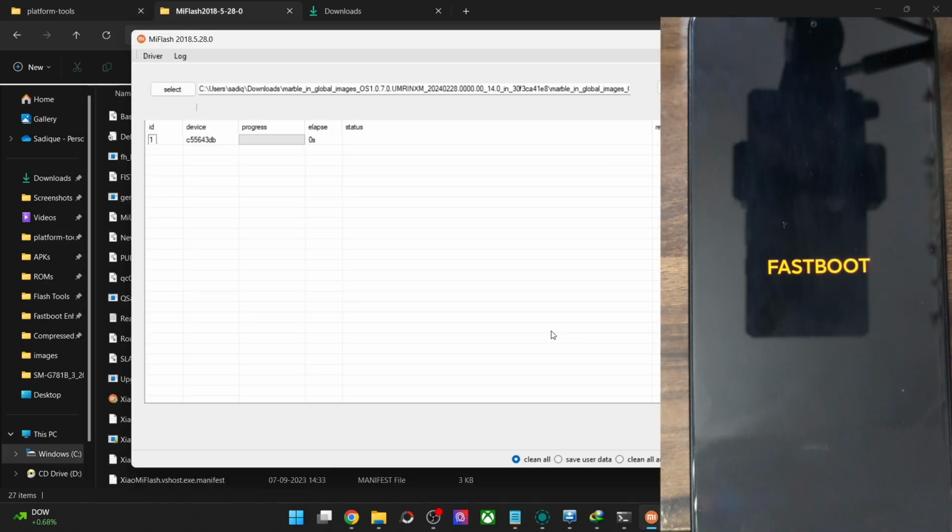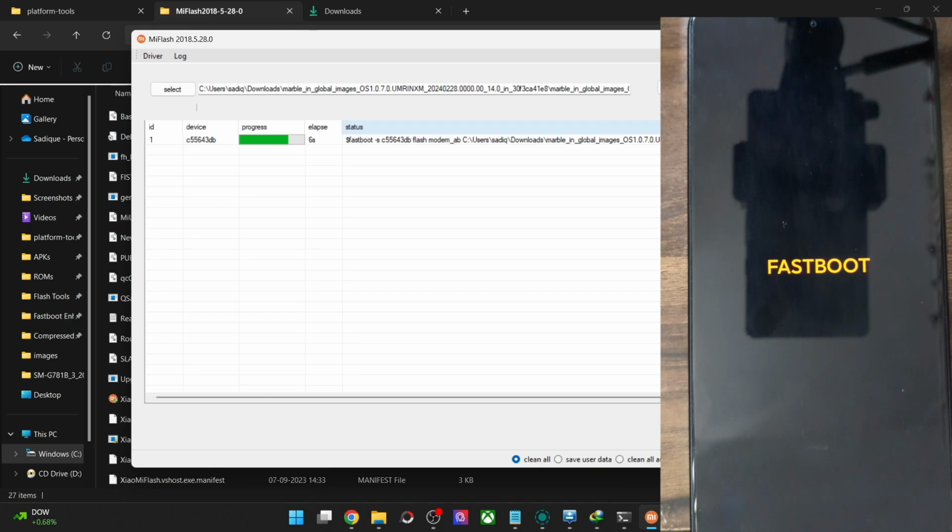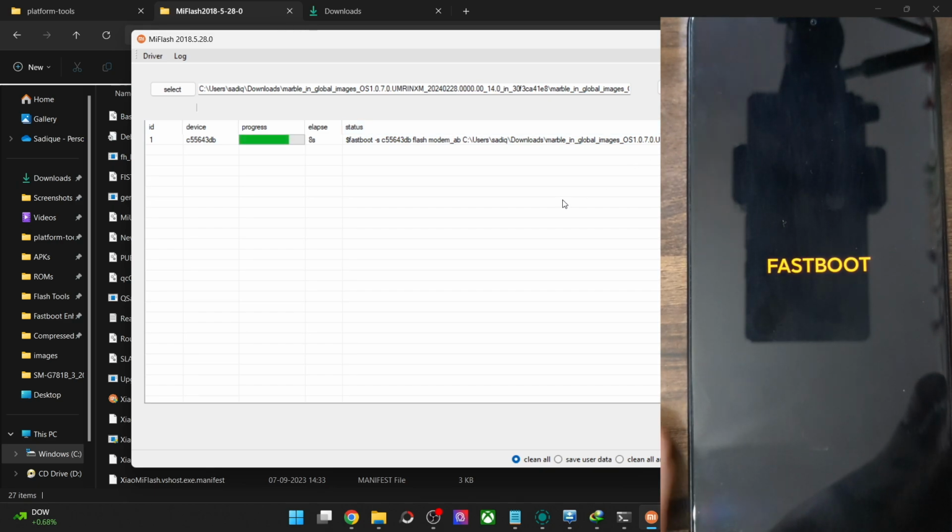So guys, if you want to take my opinion, then the best approach is always to flash the file via the Mi Flash tool in the fastboot mode. So just load the firmware, choose clean all and hit the refresh button once and then click on flash. The flashing will now start. You could keep track of all the files being flashed from here and the flashing will take a few more seconds. So let's just wait to round off.